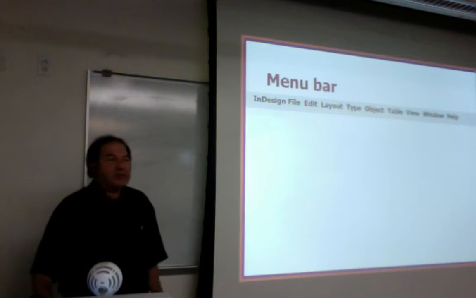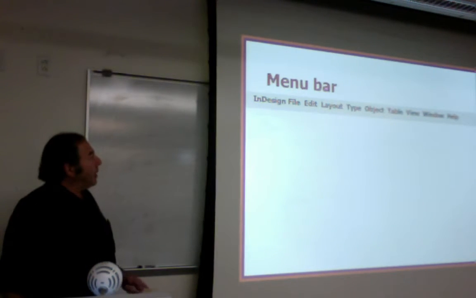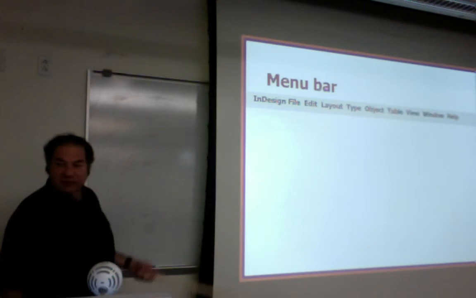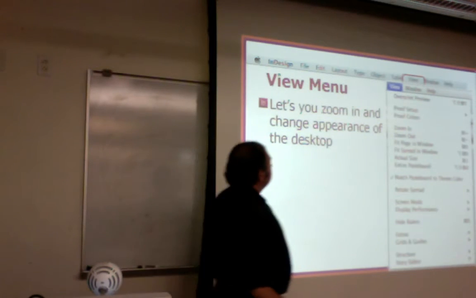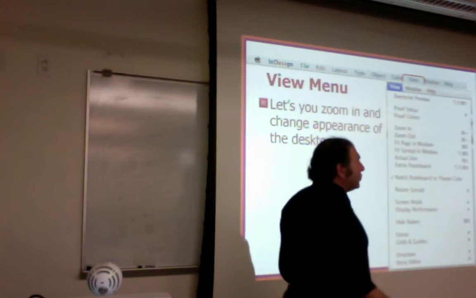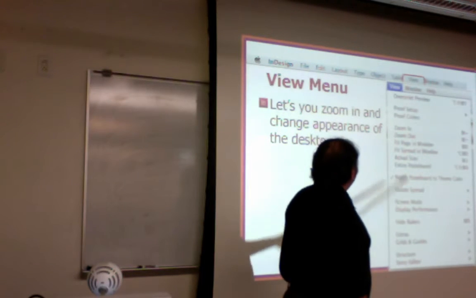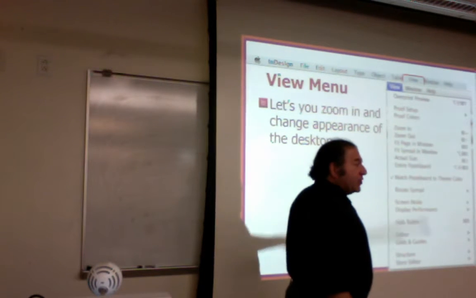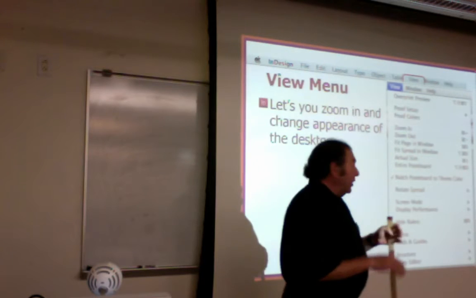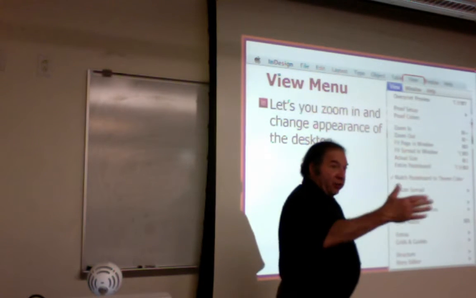All right, so let's go through the menu bar. I'm not going to go through each one of these things, but under each one of the columns, there's lots and lots of stuff you can do. The view menu, we'll take a look at just one or two of these. The view menu helps you look at different parts of the screen. All right, there's zoom buttons. This one will move the whole page into the picture. This one will move the whole spread. A spread, of course, is two facing pages. All right. Actual size shows you what it would look like at 100% if you were to print it